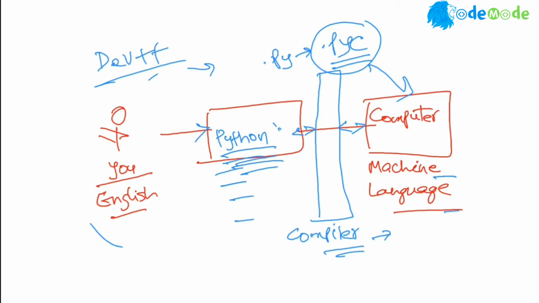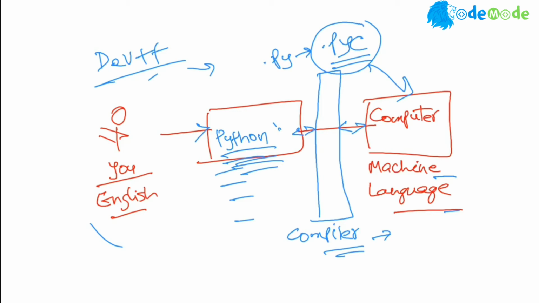What I mean is, the compiler takes everything, prepares everything, and then feeds everything. So it does its own homework. Interpreter does not. Interpreter goes line by line. You tell me one line, I'll translate it. Next line, I'll translate it. What's the problem? If you write a mistake in the third line, the interpreter will not be able to catch it unless you go to the third line. First two lines will not have a problem.